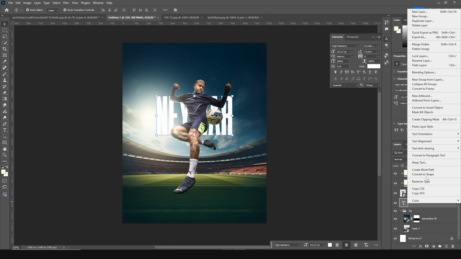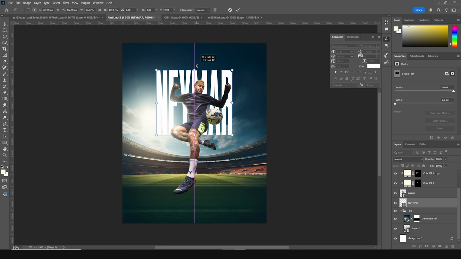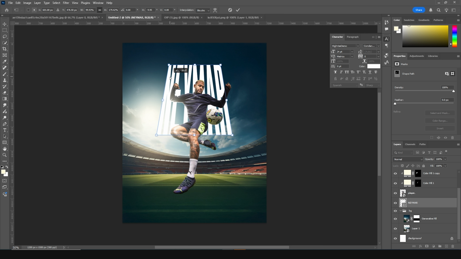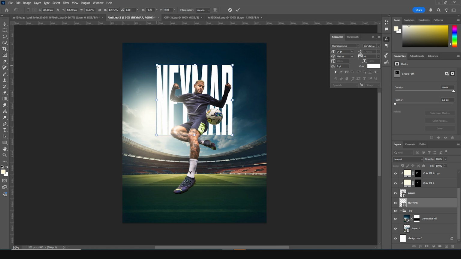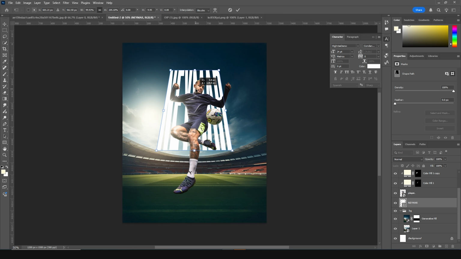Now let's convert this as a shape. And let's make it bigger, and let's make it something like that. Then again, Control G, let's move it, and let's keep it maybe right around here,